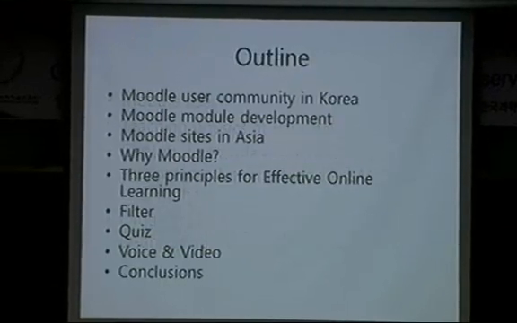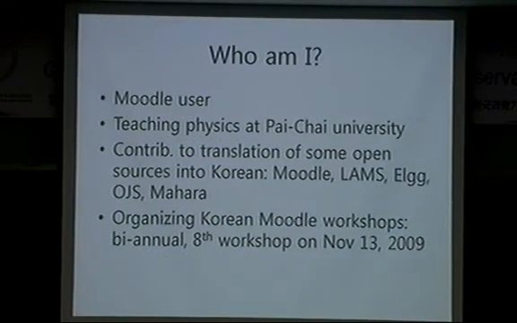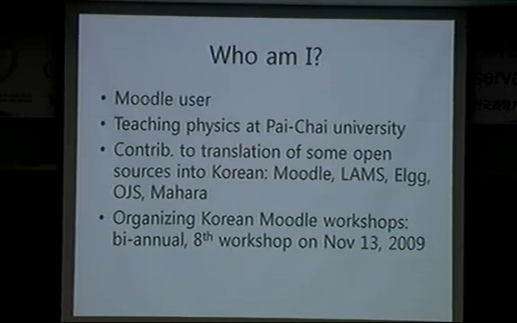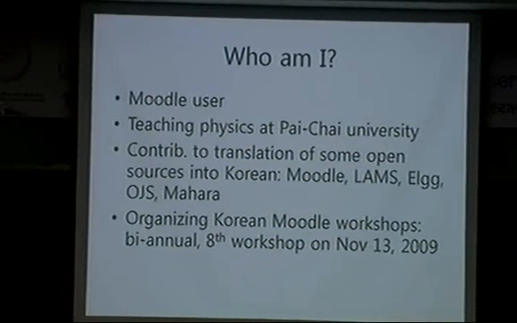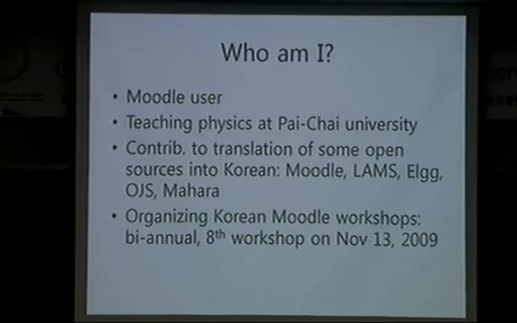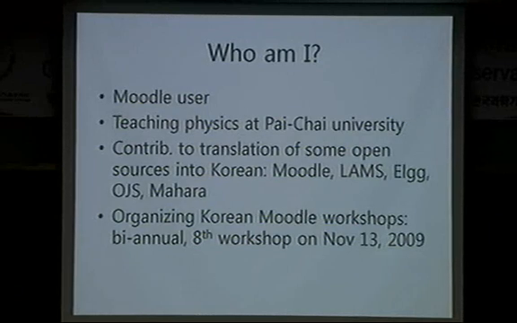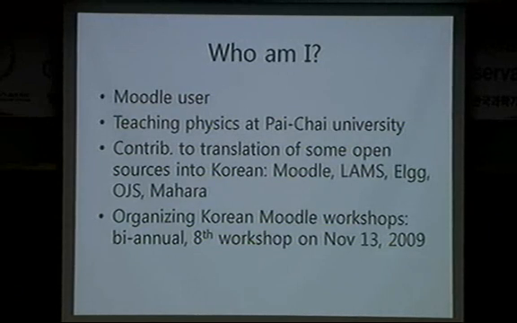I translate this one, 1.1, 0.9, but at this stage the version number is 1.7, so I didn't catch up with the new version. It changes so much. And I translate Open Journal Systems. We can use this system for an online journal or online conference, and I translate the Mahara e-portfolio, and